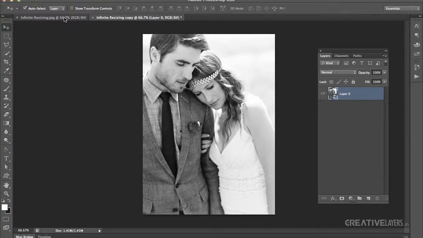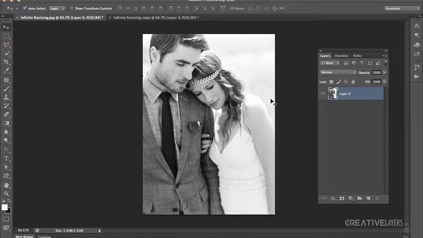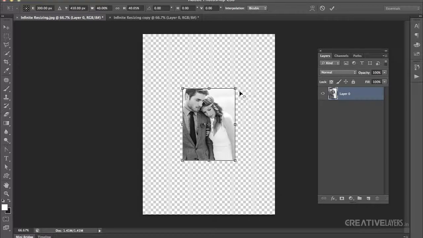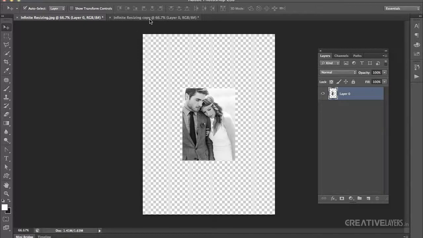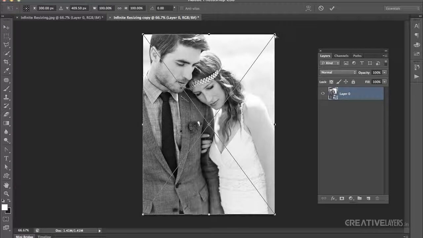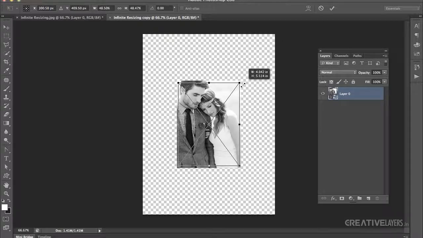smart object, and then I will just unlock the layer so that I can transform it. I will press Command T for Mac and Control T for Windows and press Shift Alt for proportionately increasing or decreasing the image, and then I will go to my smart object layer, and again I will take the transform tool and I will try to reduce the size as much as I did